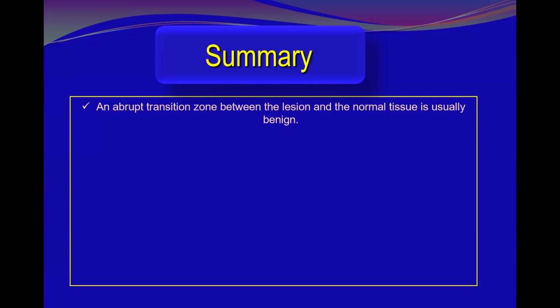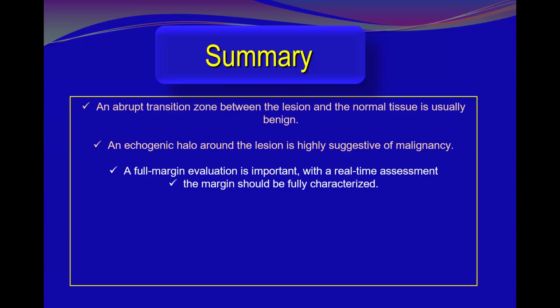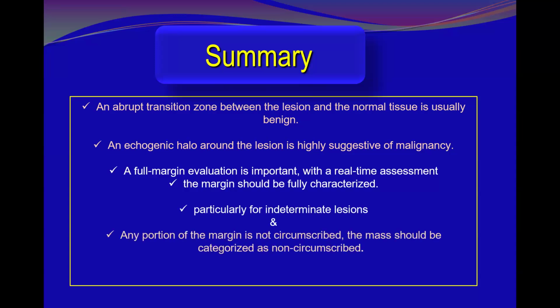An abrupt transition zone between the lesion and the normal tissue is usually benign. An anechoic halo or rim around the lesion is highly suggestive of malignancy. A full margin evaluation is important with real-time assessment. The margin should be fully characterized, particularly for indeterminate lesions, and if any portion of the margin is not circumscribed, the mass should be categorized as